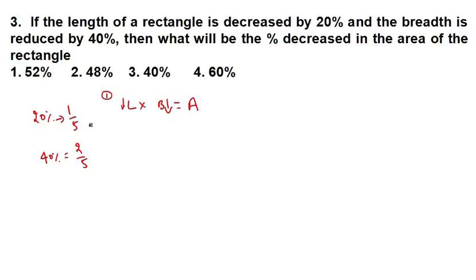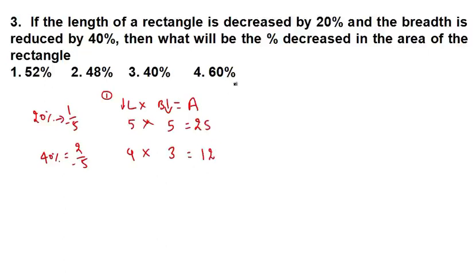So before, now this is minus sign, okay, because it got decreased. Before, length was 5, now length become 4. Fine, 5 minus 1 is 4. And breadth, before it was 5 again, now it become 3. It means that before my area was 25, now my area got reduced and it become 12. Okay, it is clearly mentioned.